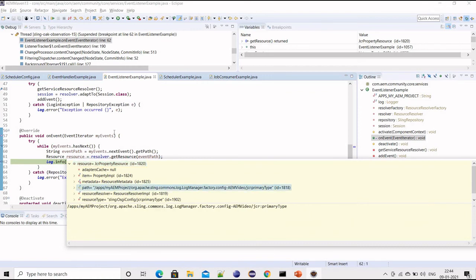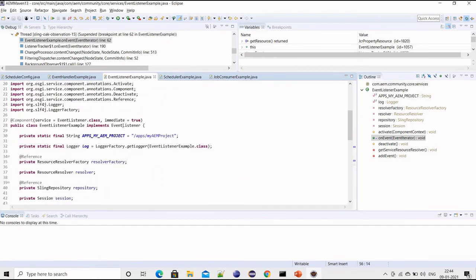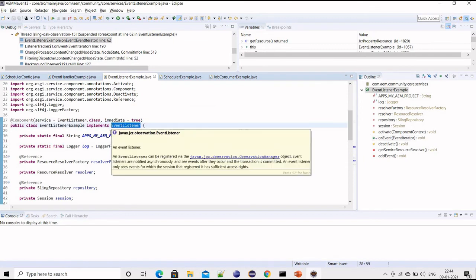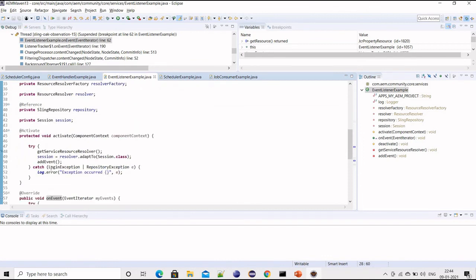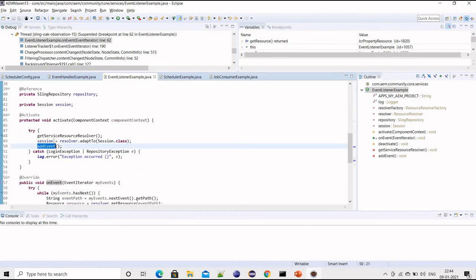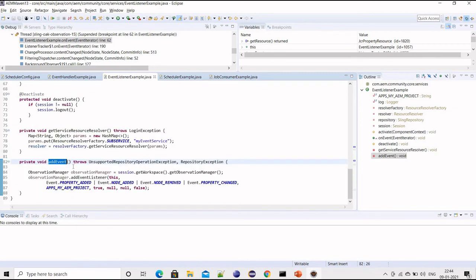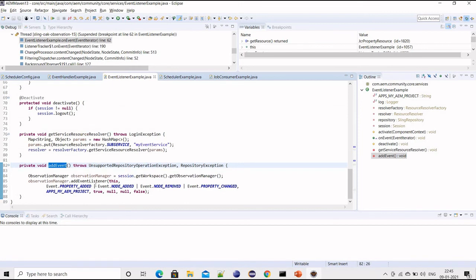So this is how we can use this event listener. Just to reiterate, we are implementing the event listener. First, we are registering the event in the activate method. Second, to register the event we need to get a service user and a session, and then we add the event using the observation manager.